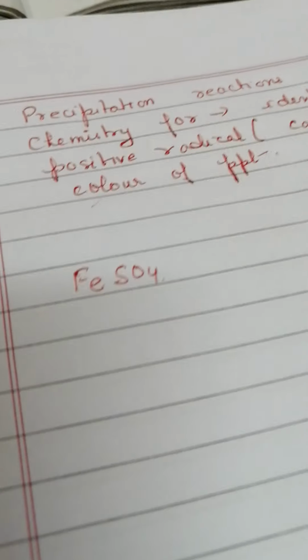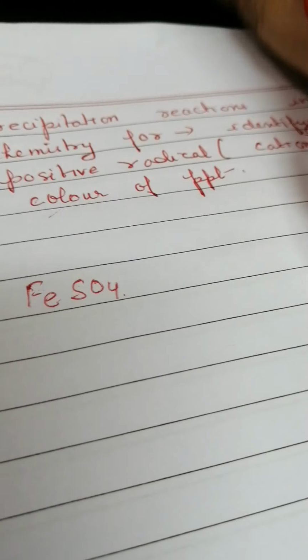Now, the first thing, if we have the ferrous ion, then we are going to take the ferrous salt FeSO4. We will take the aqueous solution of this. For this analysis, generally we use an alkali. The alkali used can be sodium hydroxide or ammonium hydroxide. You can write the reaction with ammonium hydroxide as well. We are writing it here with sodium hydroxide. This is NaOH. You get Fe(OH)2 plus Na2SO4.